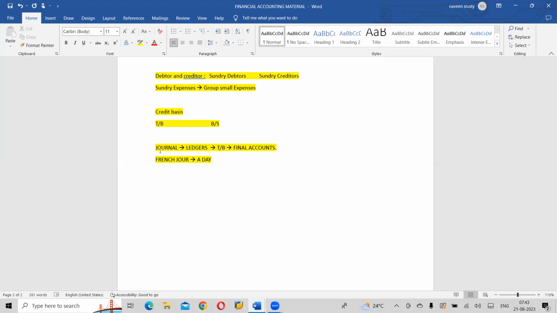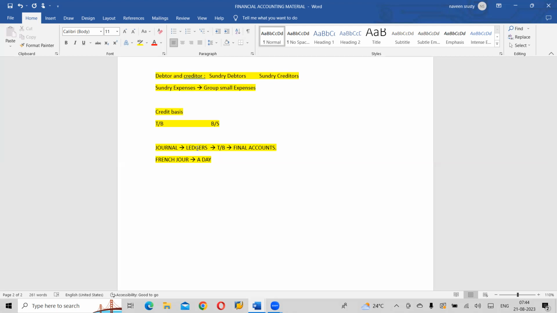Because all the transactions will be there. Yes, no doubt. We won't miss any transactions in the journal. But by looking at the journal, we can't make out one individual account's status. We won't understand. So to overcome that difficulty, businesses will open a separate book called ledgers. Ledgers are nothing but preparation of individual accounts, the general ledger module, GL.